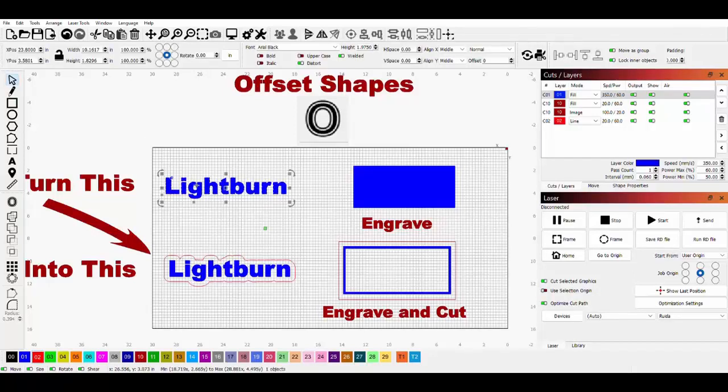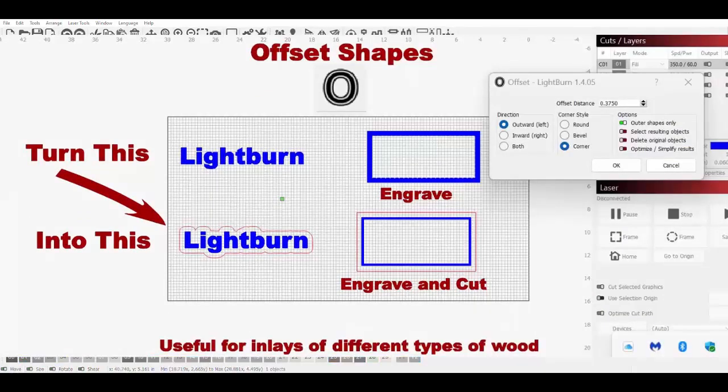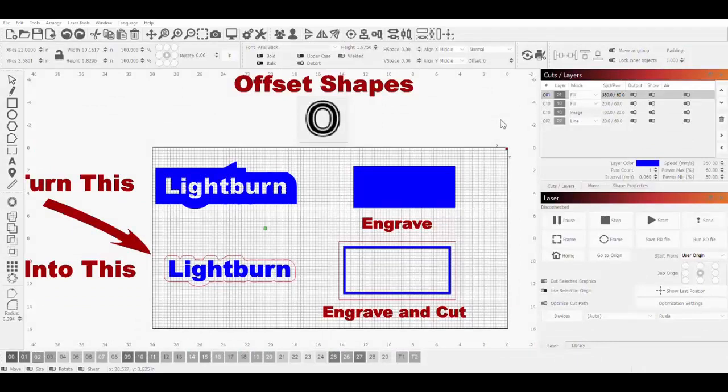I'm going to click on Lightburn, and I'm going to go over to the Offset Shapes tool, and the little box that you'll see on the screen will give me some options as to whether I want to do it outward or inward or in both directions. And then I have an offset distance box where I can change the distance between the offset and the actual text that I've typed. So I'm going to adjust it about where I want it,